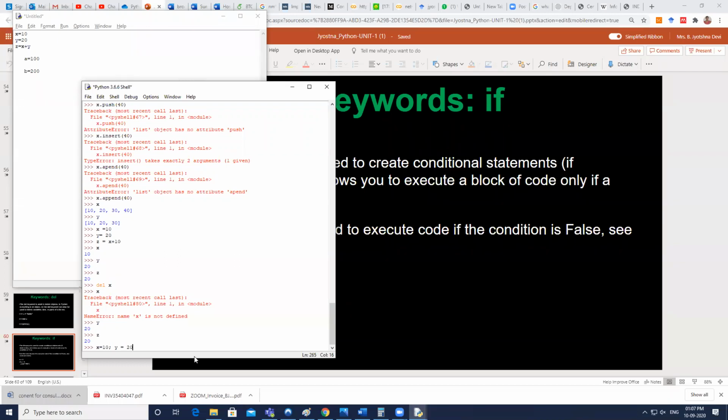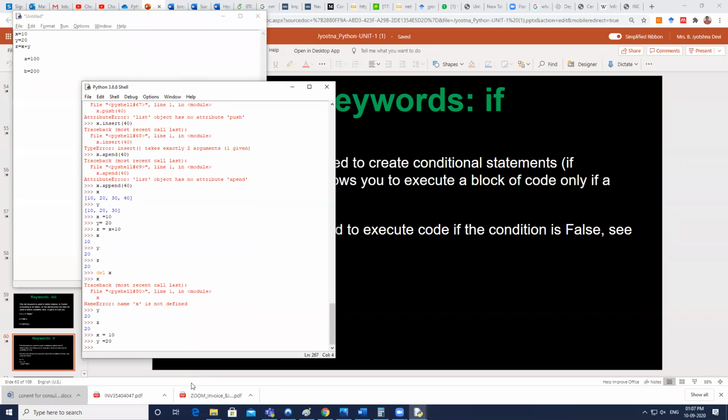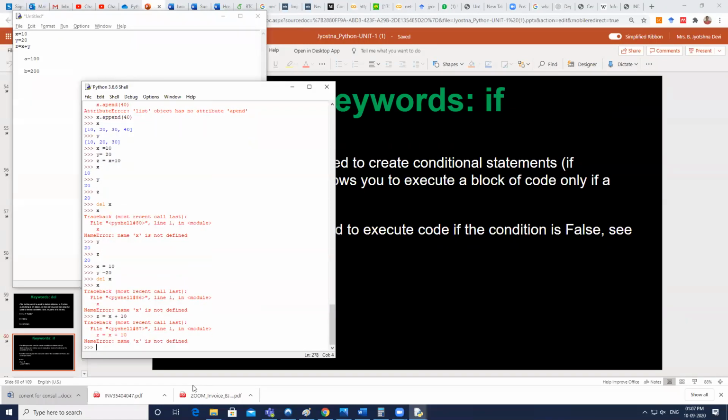If we execute the z value after deleting the x value, will we get an error? No, the program will get executed. X equal to 10, y equal to 20. Now I'm going to delete x. Then x is no more available. Then how can I say z equal to x plus 10? It doesn't make any sense, right? Once that variable is deleted, you cannot access it. Otherwise, you can very well access it.